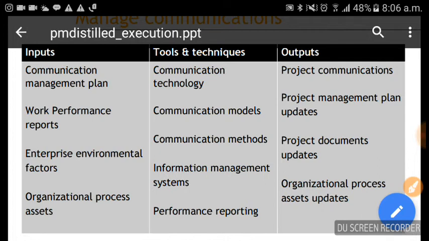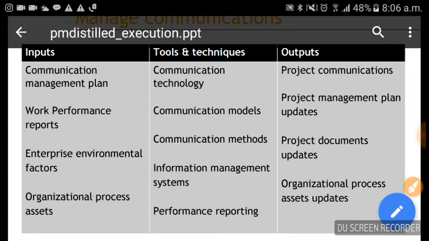one-to-one or one-to-many. Is it a push? That means I'll send the reports to everybody. Is it a pull? That means they have to come to a website and see. Then communication methods: internet-based, digital, manual, all those things.